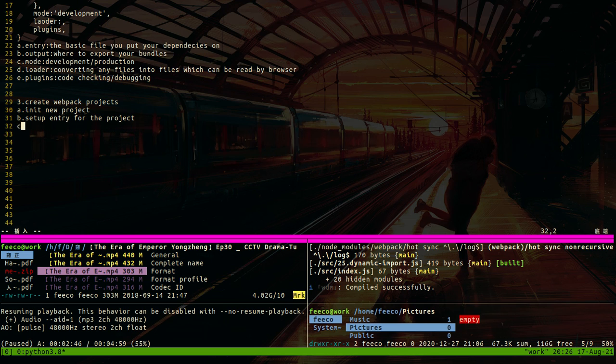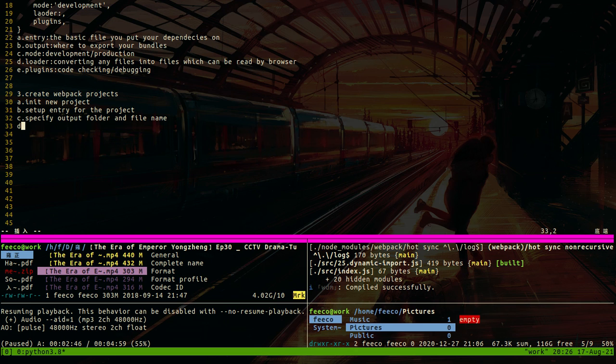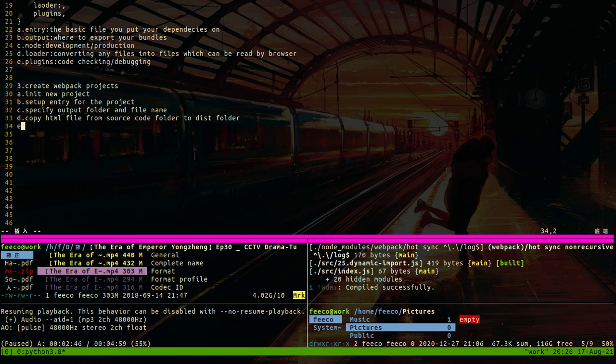We did specify output folder and file name, right? Now we copy HTML file from source code folder to distribution folder. Now what we want to do is to optimize